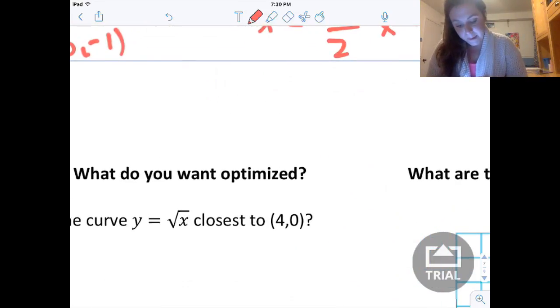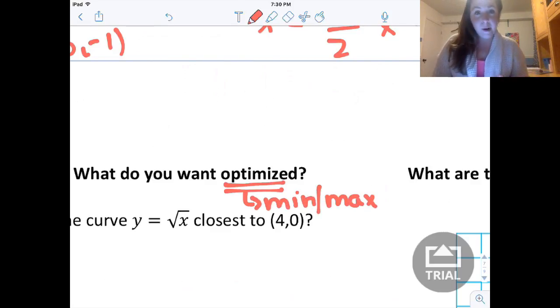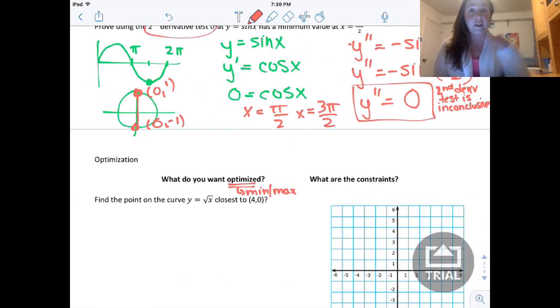Okay, so optimization, the big thing that we're talking about is that there's something we want to optimize. And with optimize, I want you to think about a min or a max. These are those Algebra 1 problems you did back in the day where it just wanted you to find the vertex. We've just taken away the